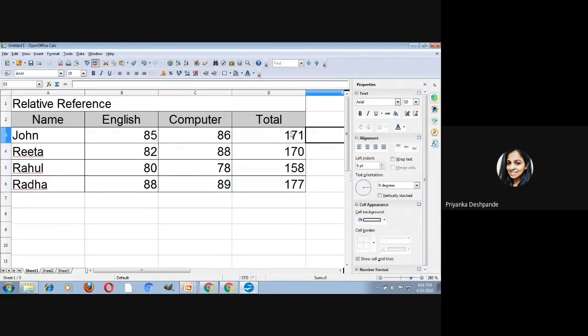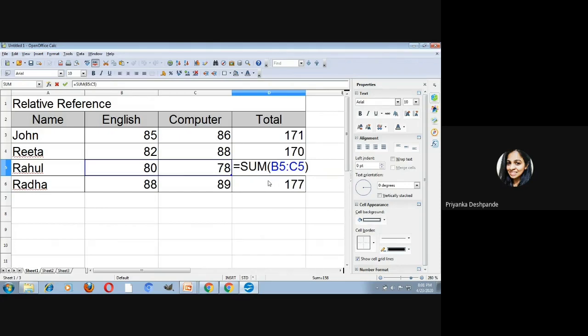Now let's see what is the formula applied for calculating the marks for Rita. Can you see it in the formula bar? The formula is sum equals to B4 and C4. Now let us see what is the formula applied for calculating total marks for Rahul. That is B5 and C5.